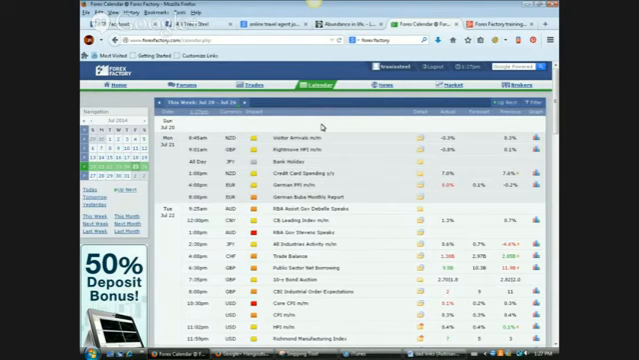So yeah, set up your Forex Factory account. Then have it open while you're trading. Keep an eye on what's going on throughout the week, and it's a great way of